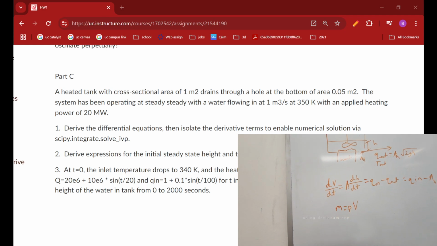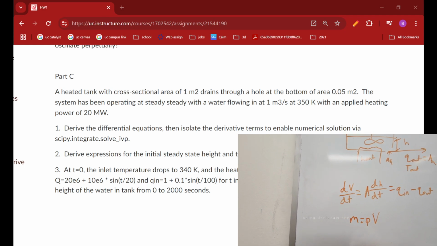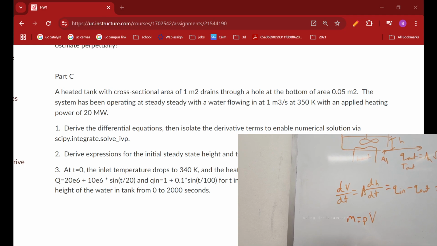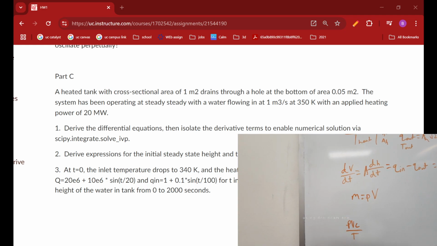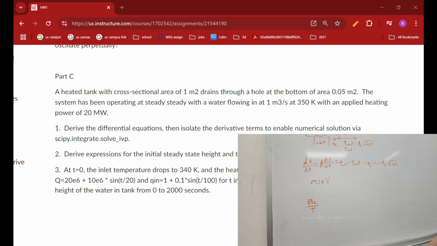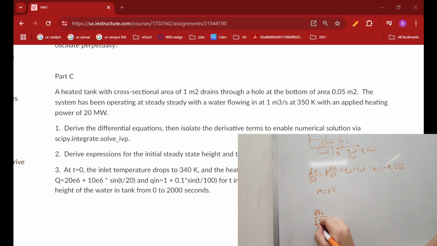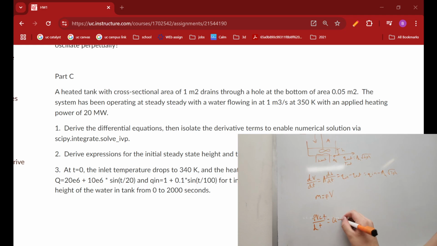Which for our energy balance, we would know that this is true